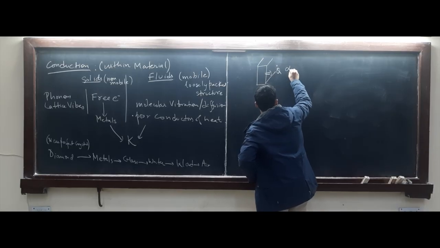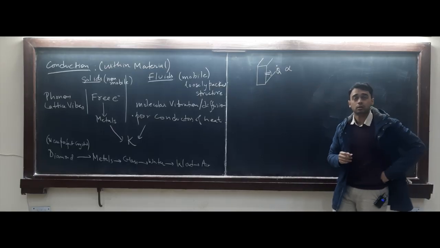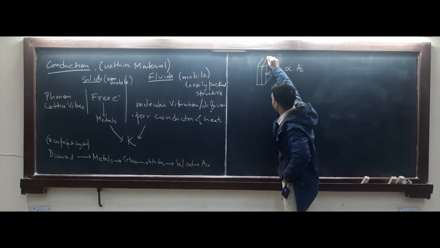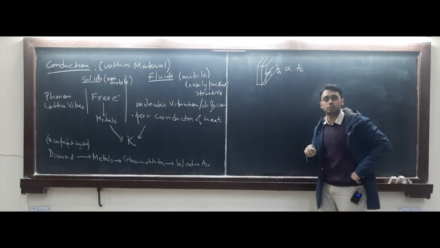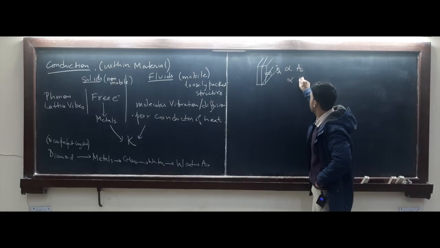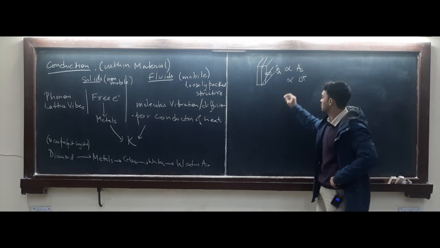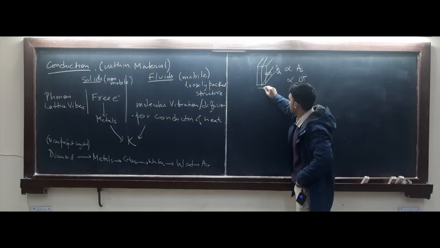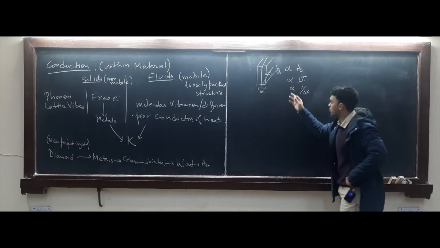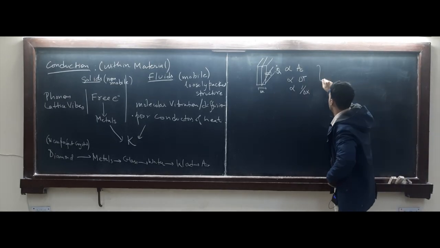Okay, and it was found that it is proportional to, can you guess what it must be proportional to? Proportional to surface or cross-sectional area. By cross-sectional area, I mean the area which is perpendicular to the direction of heat. What is the temperature difference between the two ends? Is it inversely proportional to something? So let us call it delta x, or you can also call it L. Now, if you want to write a sensible formula from all this, what can you write?